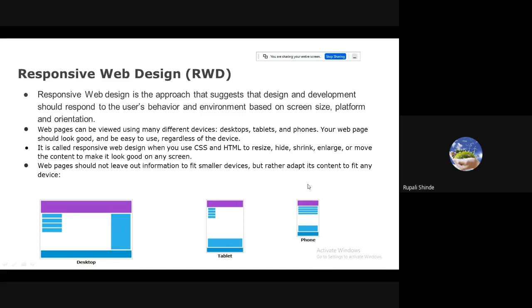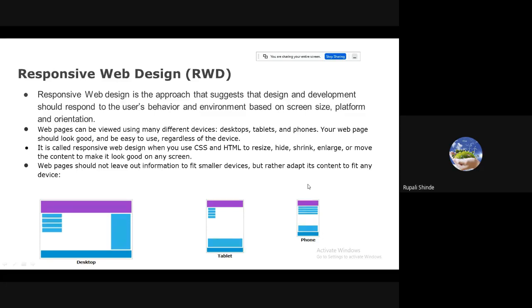It completely depends on the user's requirements and the user's availability of resources. So as a developer, you have to design a website which is flexible according to the user's behavior and environment. Are you getting it?